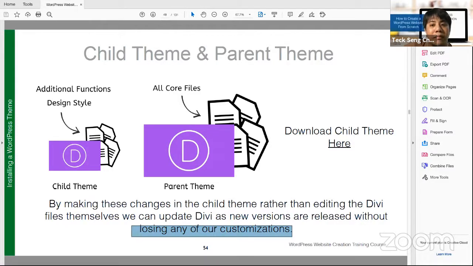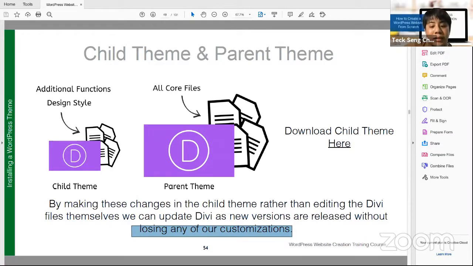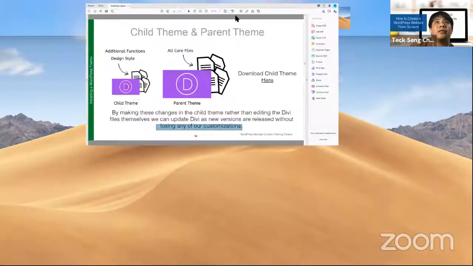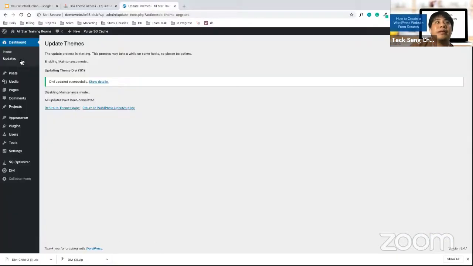Okay, May Lim, go ahead. Does the DV release updates from time to time? Does it promise to update? Yes, on the left hand side you will see a one. Just now when you do update here, you will see one here.